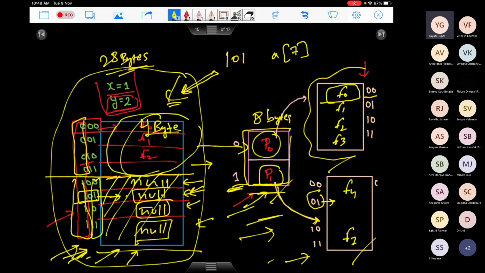But if you store this page table in this form, corresponding to the second block of the page table, everything here is null. So I can directly point this entire thing to null instead of pointing it to another array. So you save this entire space here. How much is this entire space? Something like 4 bytes into 4, 16 bytes. So you are saving that much space here.